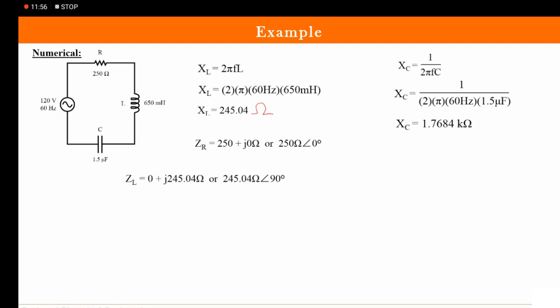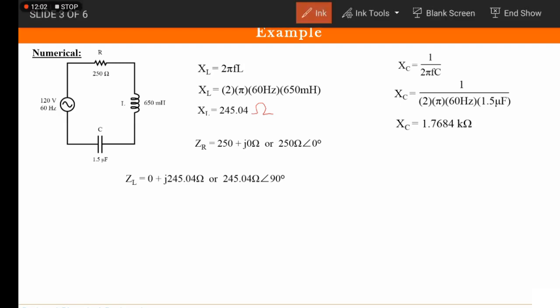Similarly, in the case of a capacitor, I would be writing minus 90, because in the last lecture we had IR to be like this, correct? And here we had IL, and here we have